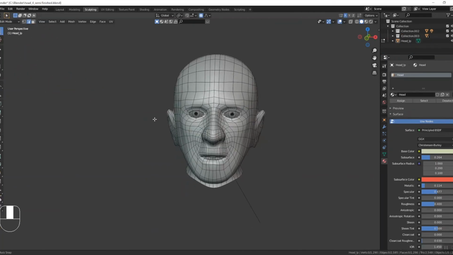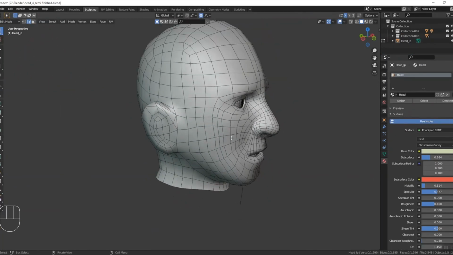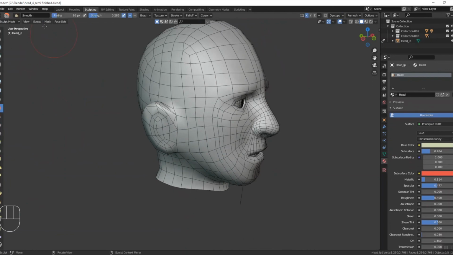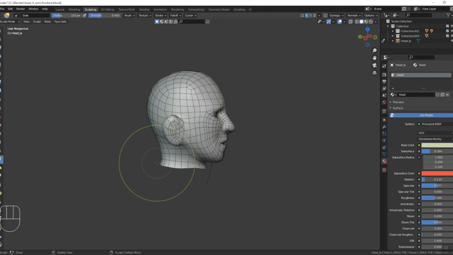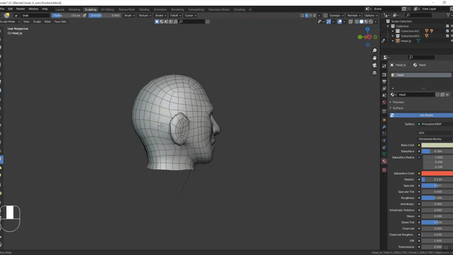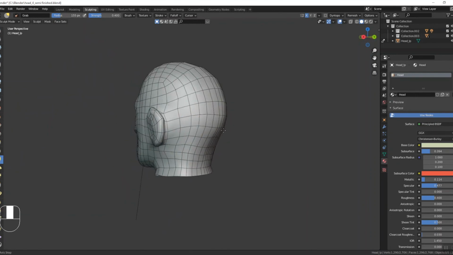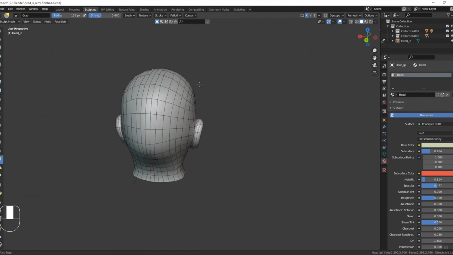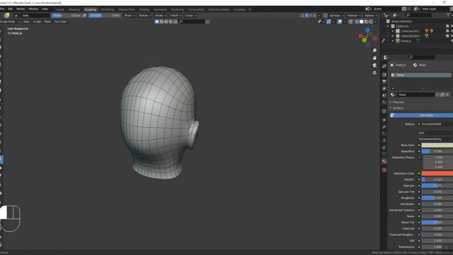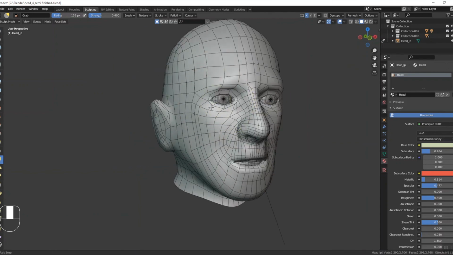Okay, great. So I'm just going to do some final finishing here, just to make sure that we have as good a base model as possible for when we start the next step, which will be the detailing and the detail sculpting, and we're going to do some